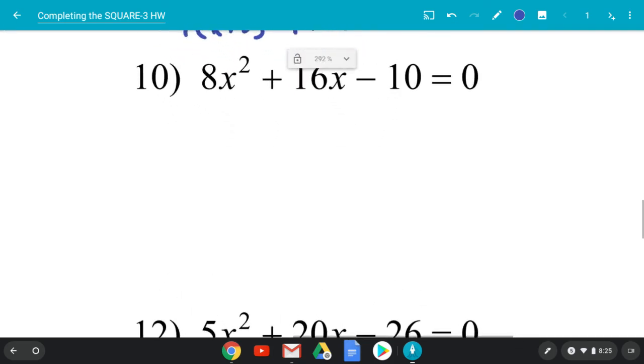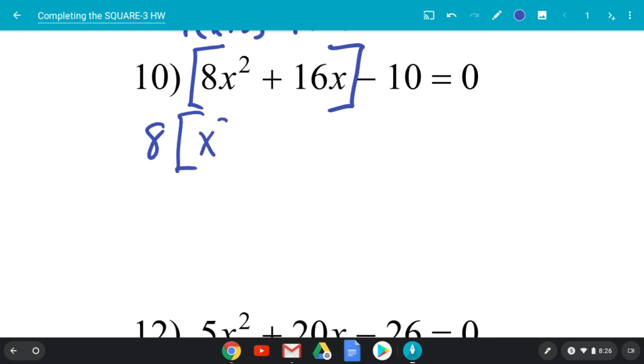Number 10. Is there a GCF? Only in the first two, right? So I can only pull a GCF out of these two. Now, I could pull out a smaller one and pull out a 2, right? But I want to get rid of this leading coefficient right there, which is why I'm going to pull it out of just those two. What can I pull out? An 8. So I'm left with x squared plus 2x